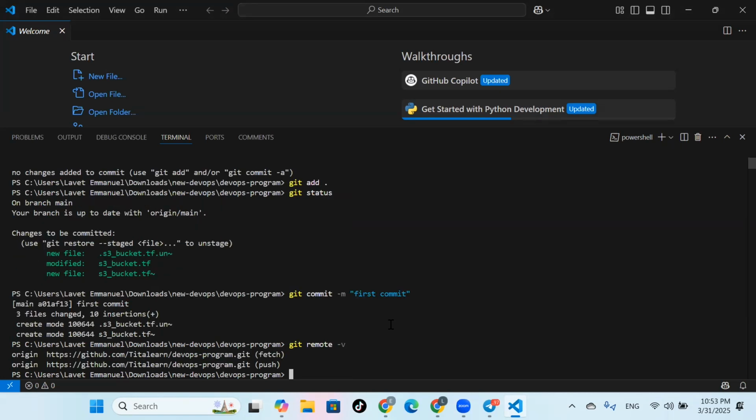We have the alias name called origin. Perfect. So before you'll be able to push, this is my existing account. You need to run the following commands. So let me show you these commands. You need to run git config